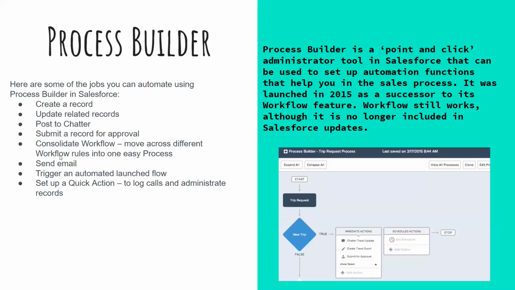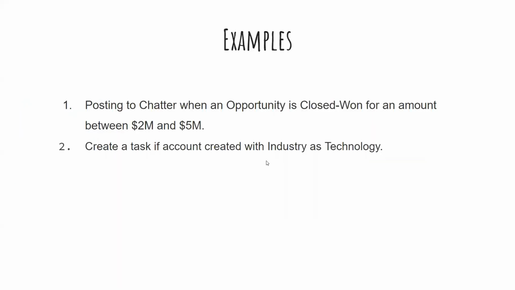So from this you can understand that process builder in Salesforce performs every task that workflow does, except sending outbound messages, which workflow does, plus some new tasks also. It also gives an administrator more control over automation. For example, in process builder you can set an exact order of automation that wasn't possible in workflow. So let's see a few examples of a process builder.